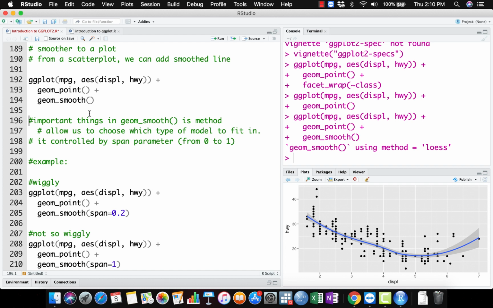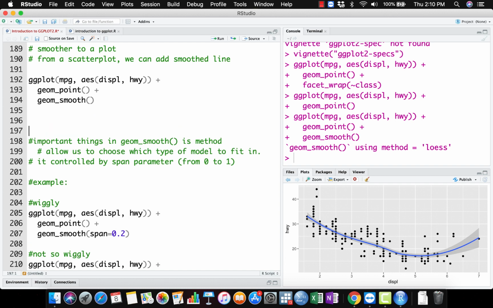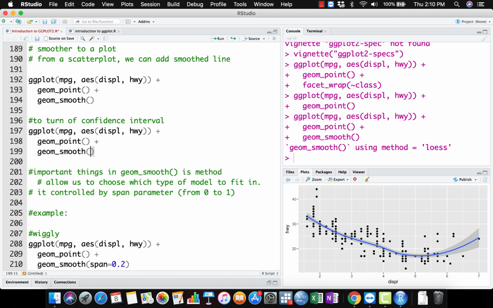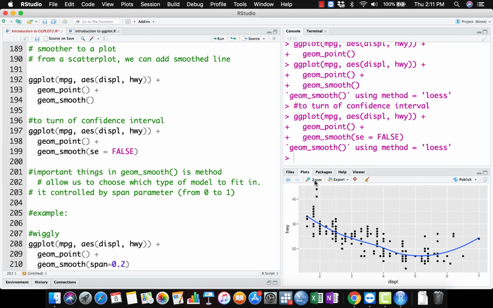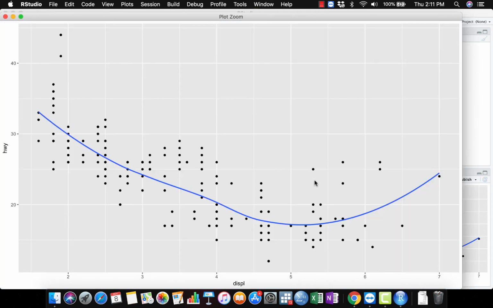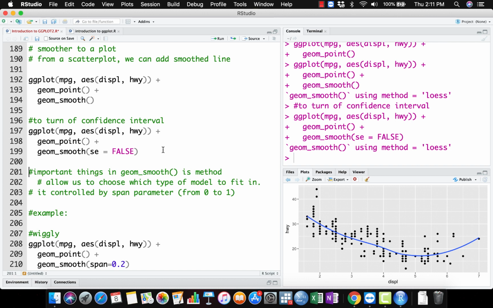equal to false. Let's say I change it to this one, to turn off the confidence interval. Right, just SE equal to false. Right, so we can see there is no more confidence interval overlaying the plot. Right, so another important argument to the geom smooth